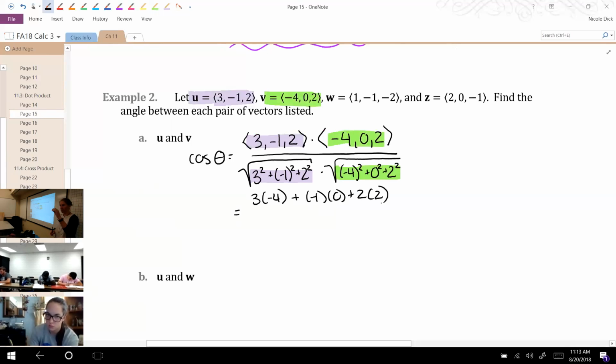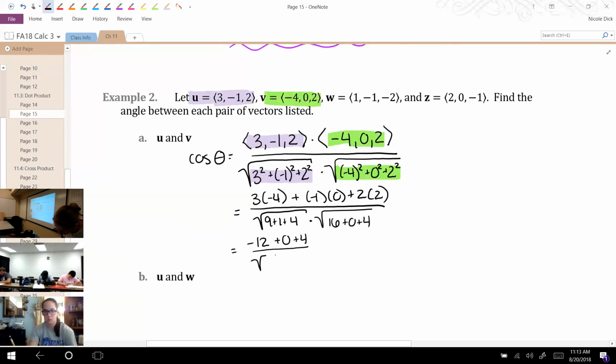We get a scalar. Dot product gives you a scalar. And whether you work that out or jump down to the denominator, whatever you're more comfortable with, I'll do it in pieces here. So the denominator is going to be 9 plus 1 plus 4 under the square root, times the square root of 16 plus 0 plus 4. So -12 plus 0 plus 4 over square root of 14 times square root of 20. We can keep working that. So what is that? -8 over, well,